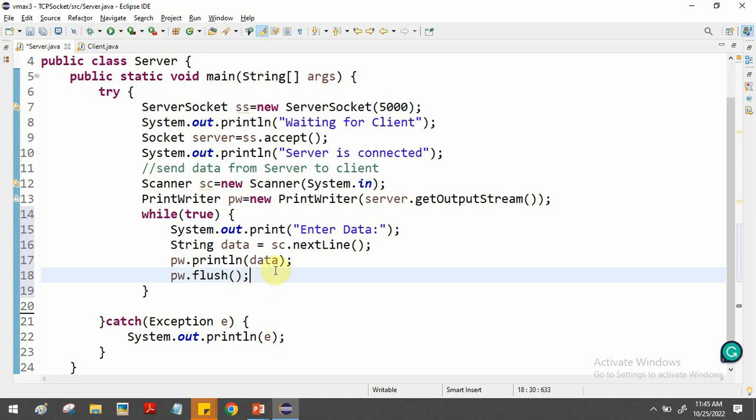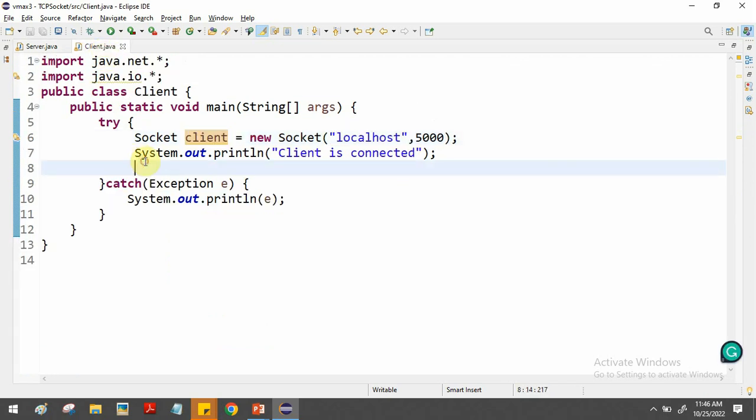So after this, the data will be written to the socket get output stream. That particular output stream, the data will be written. So from that output stream, we have to read the data on the client side. So now let's go to the client side. On the client side also we have to write the code for reading data, right? Read data